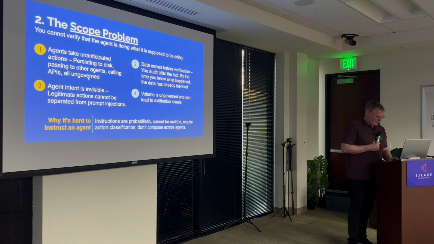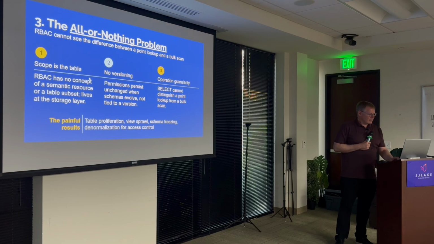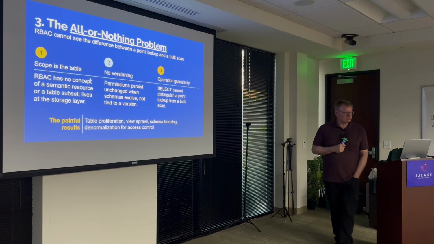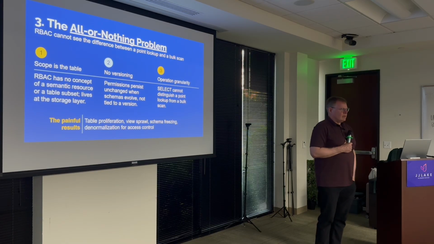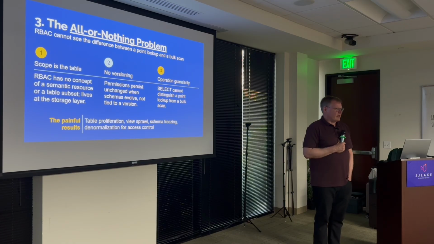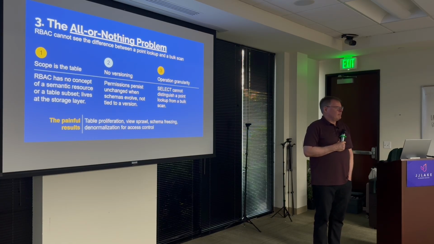So we've got a final third problem. And the third problem is what I like to call the all or nothing problem. Many of you are probably working with an Iceberg data catalog or a database or something like that where you have an RBAC system. And the RBAC system provides you with a variety of privileges, like select and write and the standard stuff. You get access to a table. And because you give the AI agent an identity, the AI agent has the same RBAC and can do all the same stuff. And that's great, but all these systems grant privileges at the scope of a table, which means